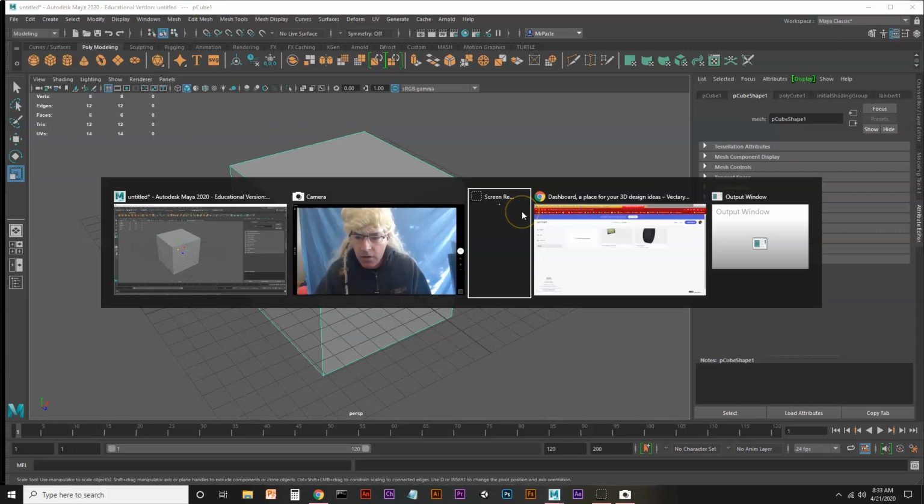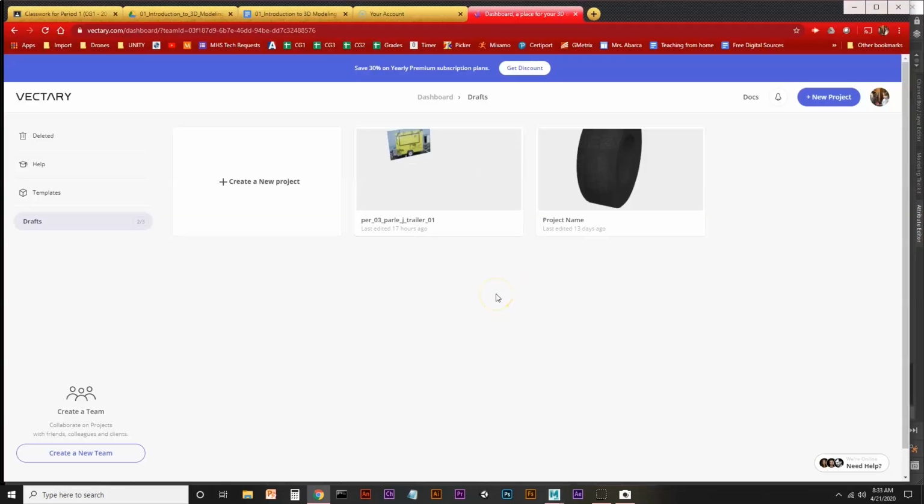So I'm going to navigate over to Vectary. Vectary is different. It's a lot simpler. There aren't as many bells and whistles. However, it's not as robust. It's not as user-friendly to me. There aren't as many things you can do with it, but it will work to get you started with 3D